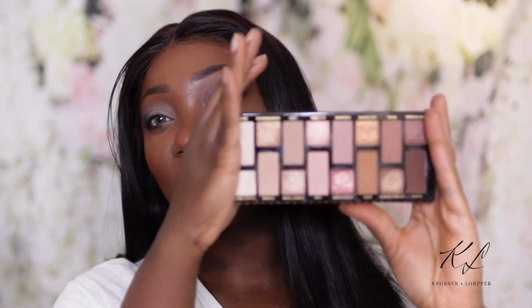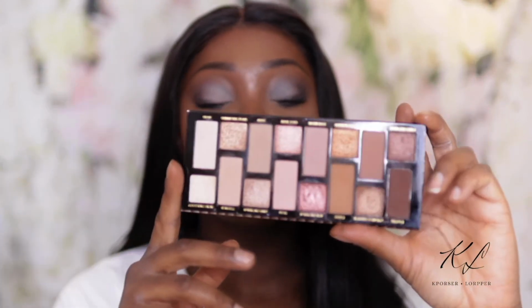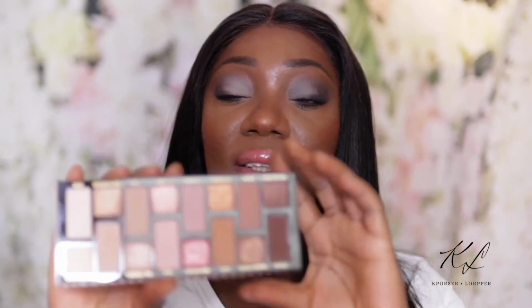The last and fourth product I want to recommend in this first episode is a nude eyeshadow palette, and that is the one from Too Faced, Born This Way, the natural nude. And the reason why I'm recommending this palette is, first of all, personally I enjoyed it, and secondly, for summertime, this is an all-year-round palette, but especially for spring and summer, I think people want to